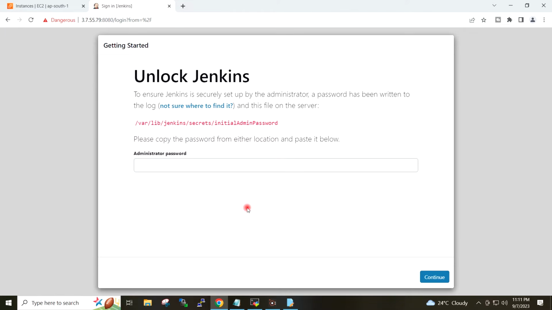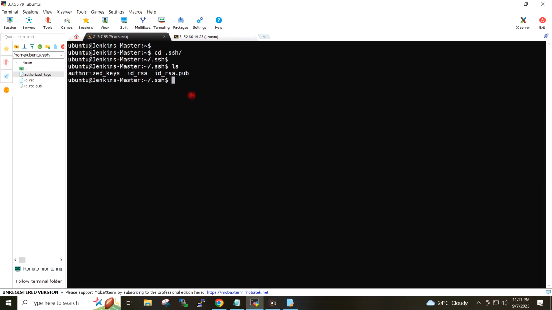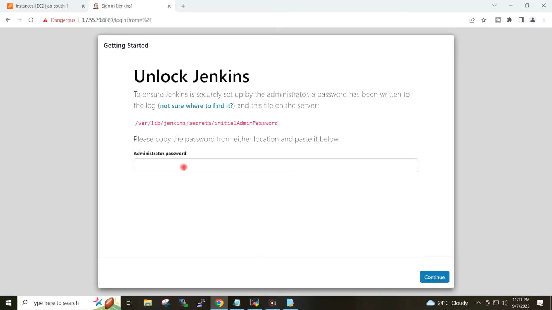On the Jenkins master, I will open this file, and copy and paste this password here.